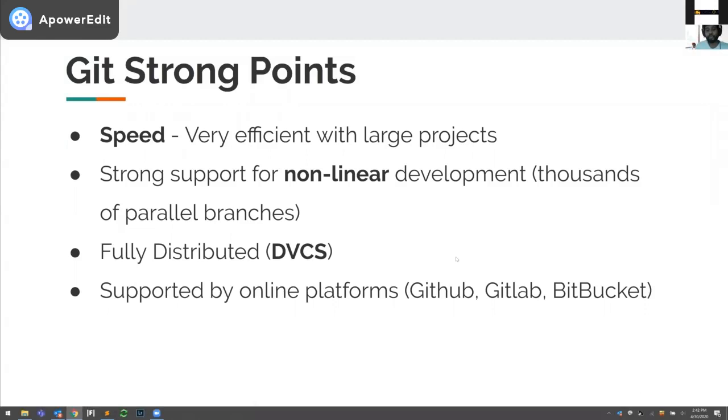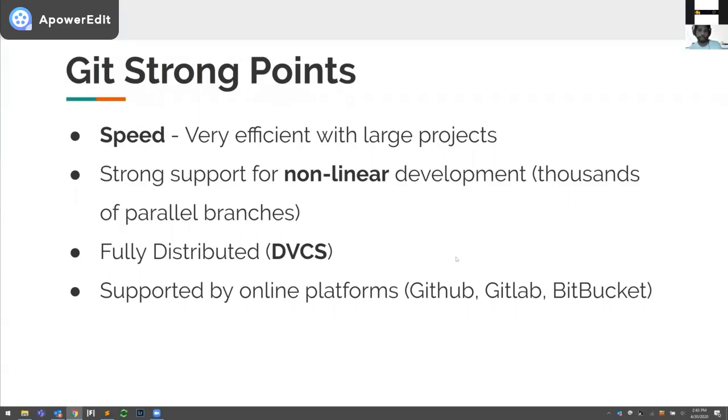What do you mean by non-linear? Non-linear means you can create multiple branches and assign multiple developers to work on those different branches, and later you can merge these branches together. That sort of branching workflow is made possible using Git because of its distributed nature.